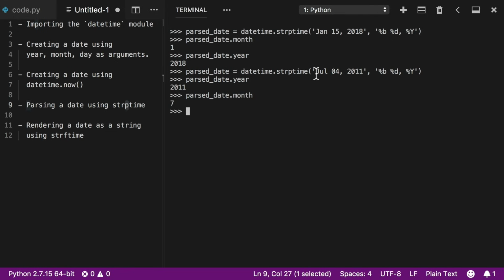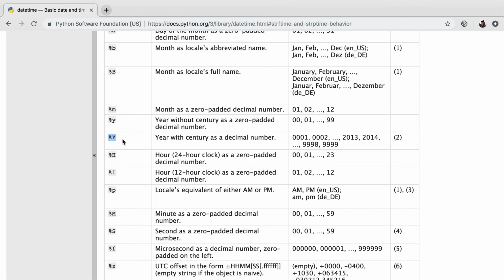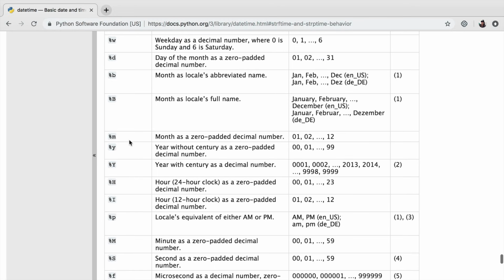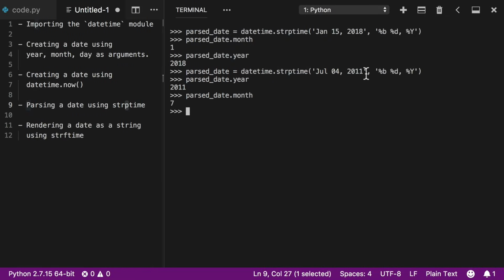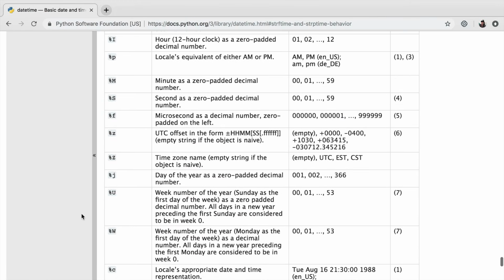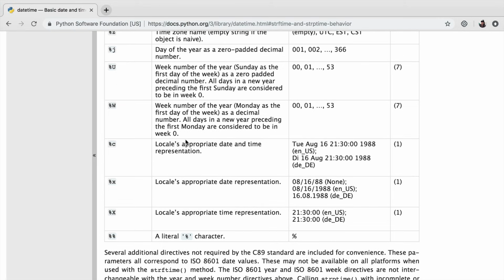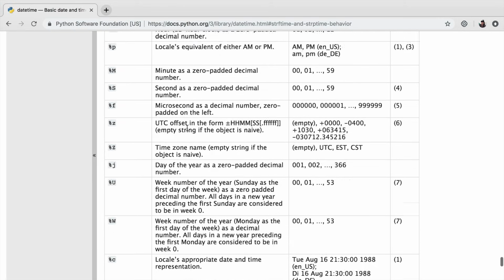So this is a really good way to take a string and then convert it into a date with good accuracy. Now there's a bunch of these different % characters for formatting things, and it would take me way too long to go through all of them. But the point is that you can play around with these and create different types of string formats and then specify them. So I'll leave it up to you guys to play around with all of these, and you can read through what each one does.